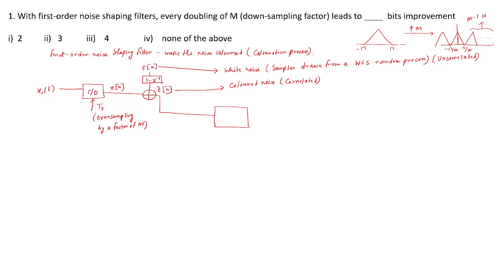M minus 1 copies. So of course you don't need that. At the receiving end, you need to pass it through a low pass filter with cutoff frequency pi by M, so that you are able to capture whatever is happening in the region from minus pi by M to pi by M. That is the goal, and that is also a way to restrict your spectrum to minus pi by M to pi by M,